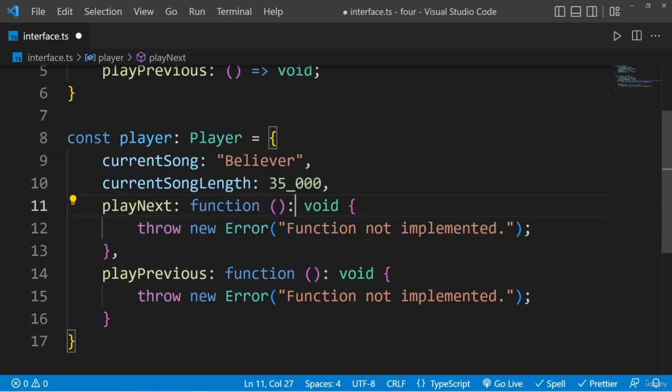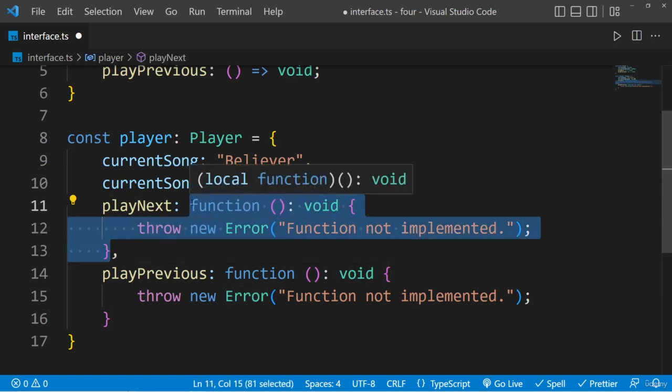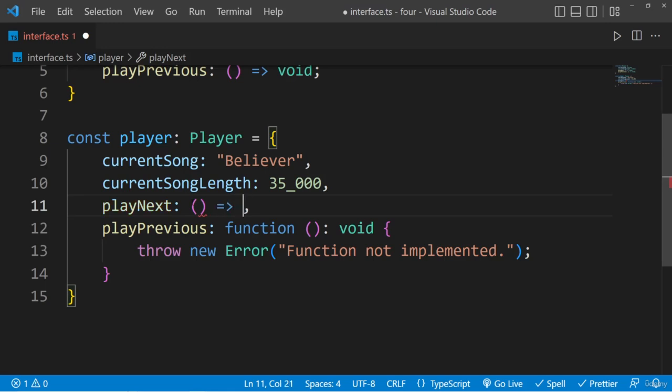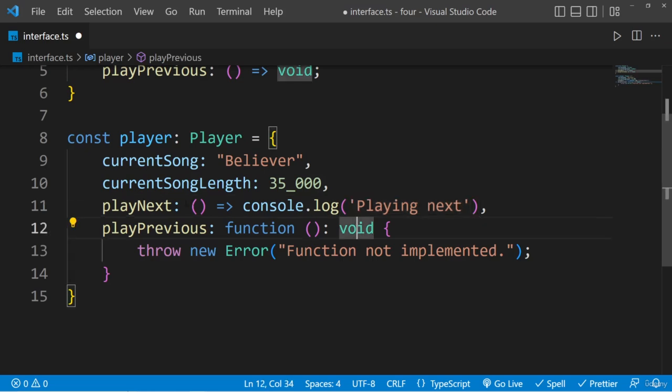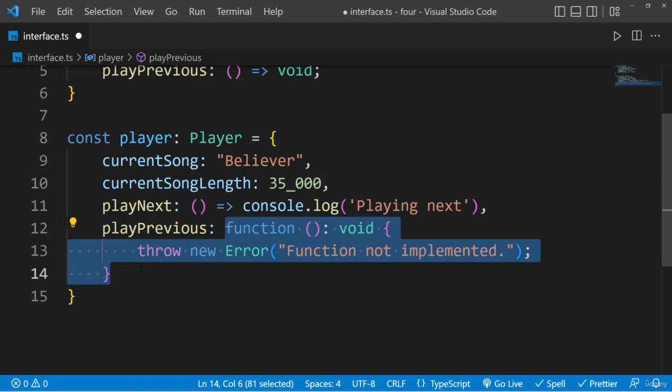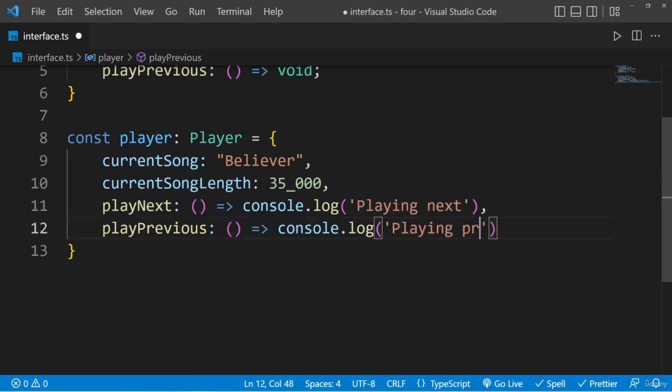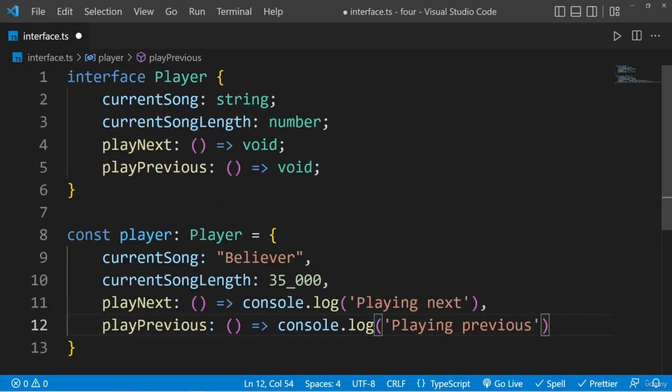Okay, now here this play next, this is going to be function, and here we have this return type void and all these kind of things. But what I'm going to do, I'm going to use this arrow function, and we are not going to return anything, we are just going to log this to the console playing next. Okay, and I'm going to copy the same thing, and I'm going to replace it with this one, playing previous. So that's how we can create interface, and that's how we can use this interface for our object